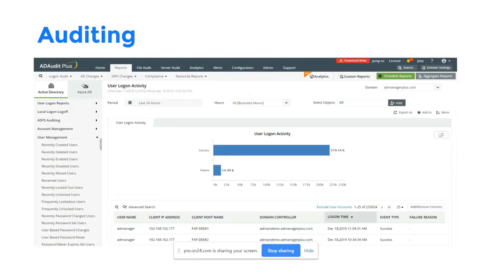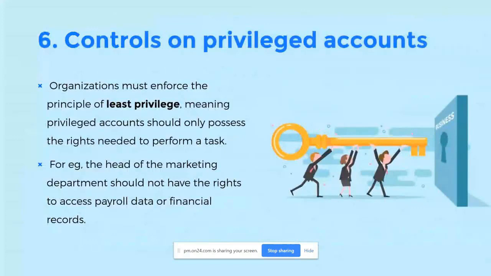So we've spoken about a couple of action items. The last one for the day is going to be the most important one, which is monitoring privileged accounts. We just saw how important it is to audit every account in your organization. Controlling and monitoring privileged accounts is the most important of them all. And when you do privileged accounts, there are certain best practices that you can have in mind. Quite simple, not difficult at all.